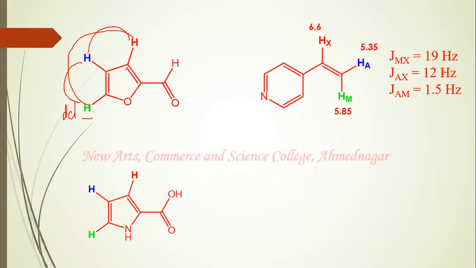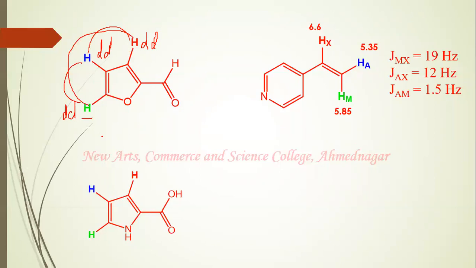So if you remember the factors affecting the chemical shift value, one of the factors was bond length dependence. Double bonded protons have larger coupling constant values than the singly bonded protons. But here, in case of heterocyclic compounds or heterocyclic rings, the coupling constant values are small as compared to the benzene ring system. So the blue proton also gives me a doublet of a doublet, and the red proton also gives me a doublet of a doublet.